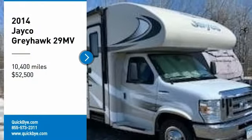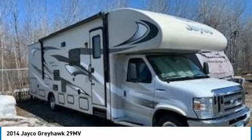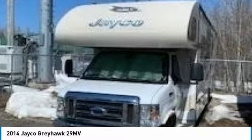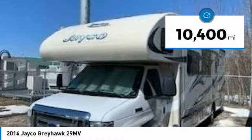2014 Jayco Greyhawk 29 megavolts for sale in Duluth, Minnesota, $55,810. Get ready to experience your next home away from home in this 2014 Jayco Greyhawk 29 megavolts. This Class C RV is 29 feet long and is powered by a strong 10-cylinder gas engine as well as automatic